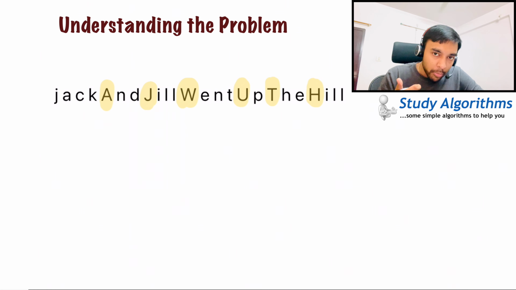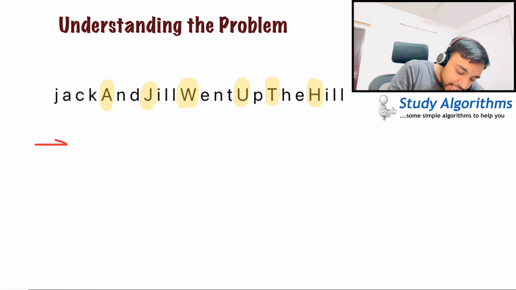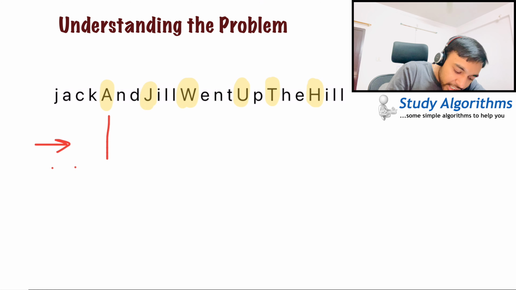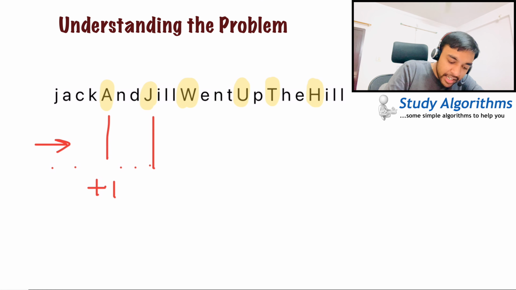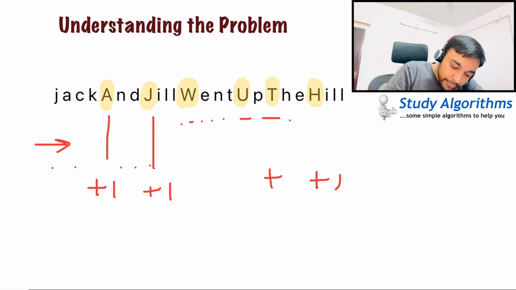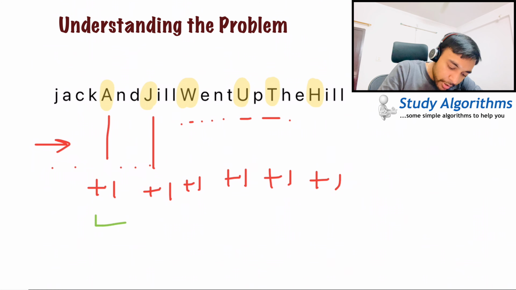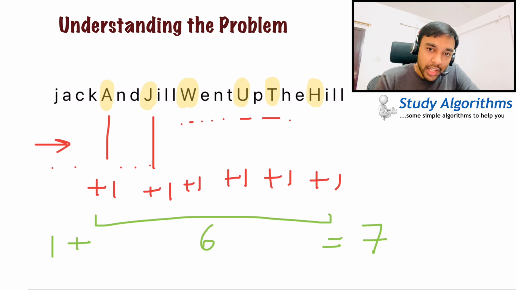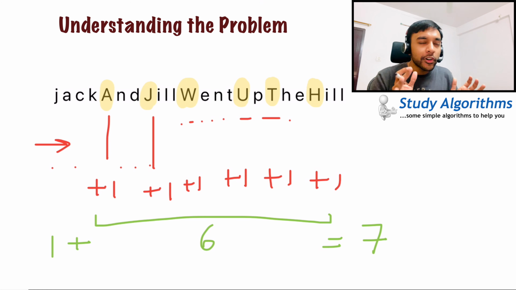So to solve this problem, the easiest way would be you start scanning the string from the beginning. And as you're scanning, as soon as you encounter a capital letter, just increment the counter by 1. Move ahead, you again see a capital letter and increment the counter by 1. Ultimately, when you go all the way up to the end, that is equal to the number of words, right? And since the first word started with a small letter, what you do is you just add 1 to the final result and you will get your answer. So this is how you can solve the problem just by one scan of the string. Don't try to overcomplicate the problem.